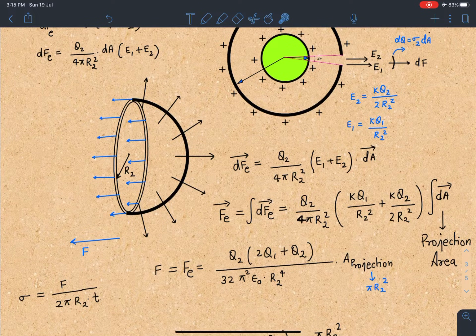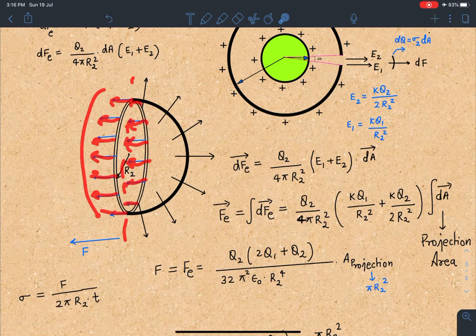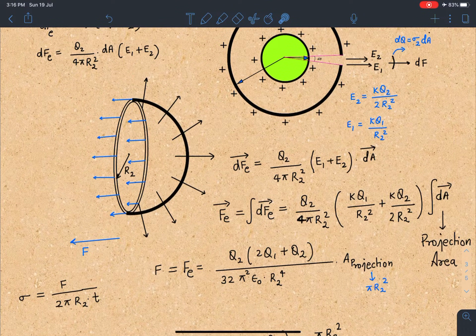In fact, I was solving a problem of surface tension when this idea flashed into my mind, and I framed this question. So here you can see, when I take this hemisphere, the force due to the material on the shell is going to act along the side, or you can say along the material, and that force will be acting on this cross section, which has a radius of R2 and a thickness of T. Now this is the force which is going to balance the overall electrostatic force which is acting in this direction.